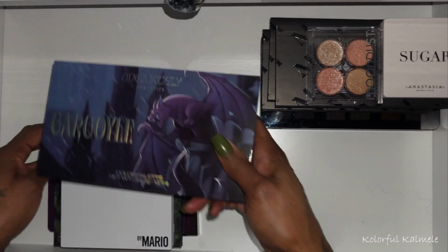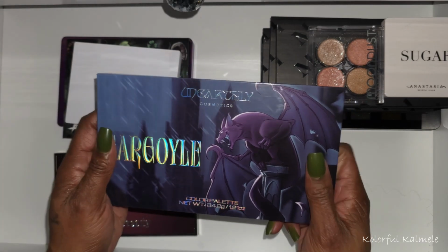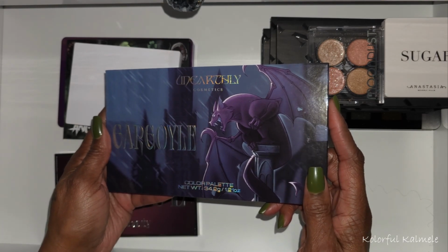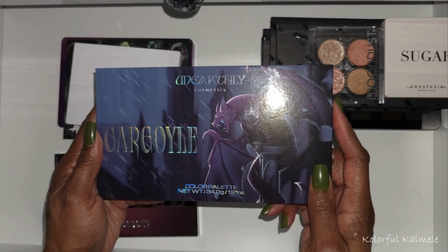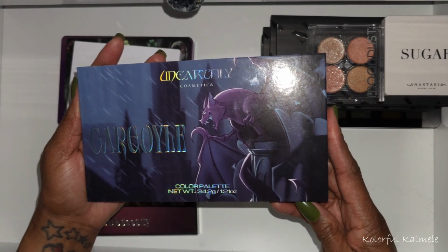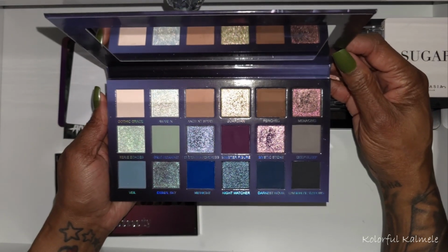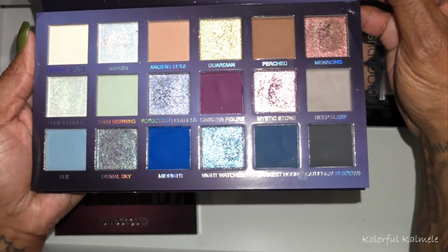Another palette that I drool over every time I look at it is this Unearthly Gargoyle palette. This palette is so funny, because all of the spooky themes and stuff like that I'm not really into, but sometimes they have some of the absolute best color stories. And this Gargoyle palette from Unearthly Cosmetics, the color story, just drop dead gorgeous. If you love blues, if you love grungy tones, if you love beautiful gorgeous shimmers,